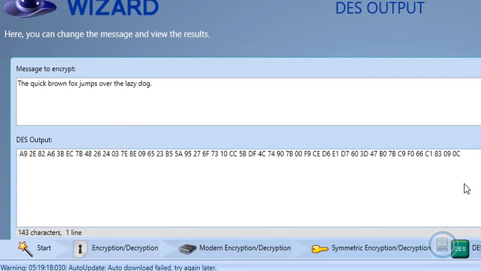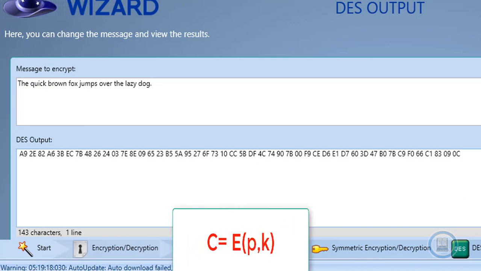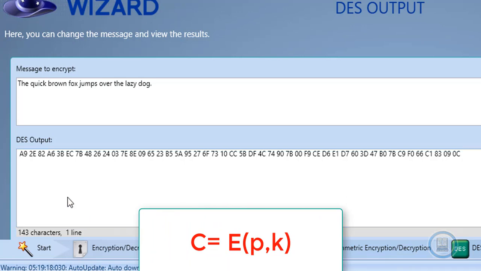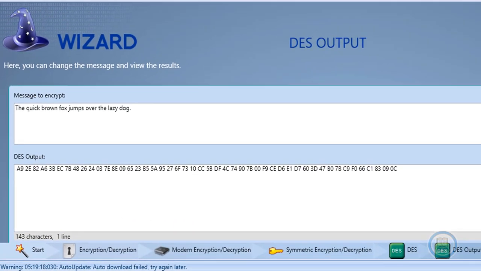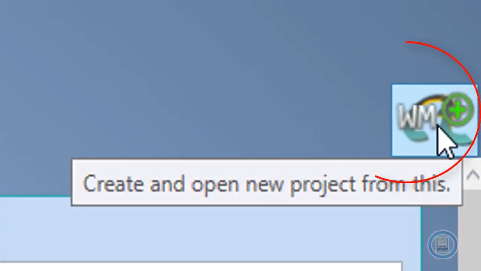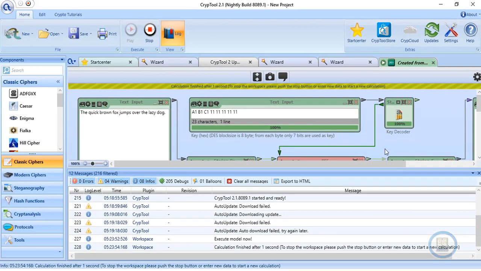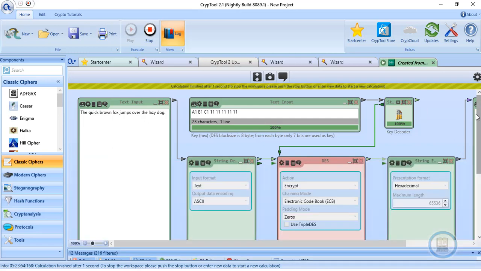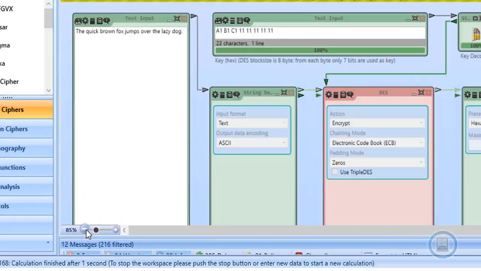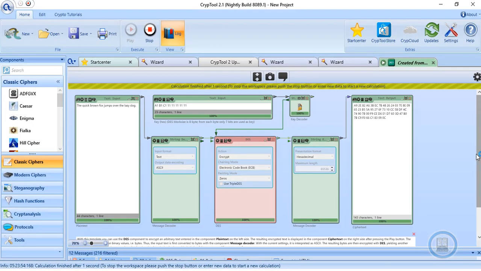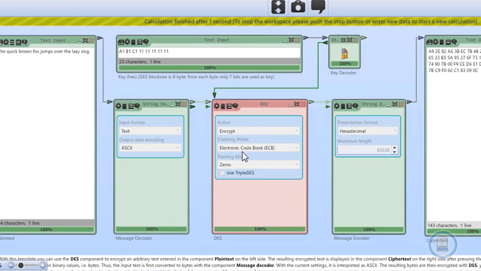But our objective is that we want to develop the algorithm as per our need. That is, we want to give the input from our own file. So to customize this algorithm, just click on the workplace. When you click on the workplace, it will show you the design of the DES algorithm for the encryption. So just reduce the size. If you look from here, this is the main algorithm which is using encryption, and we are using electronic code book. Here we are using the complete algorithm for the encryption for the DES.